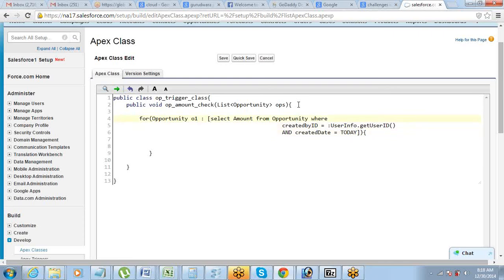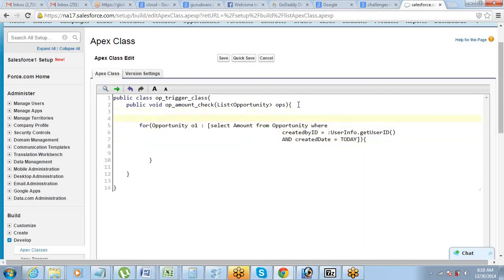Okay, so this opportunity O1 basically is in this query. So I'm running a loop here and I would define double total amount equals 0.